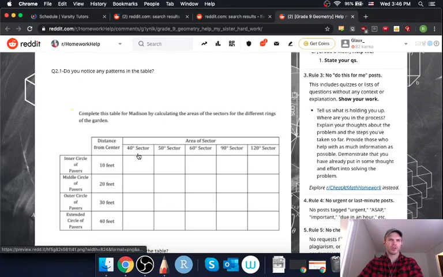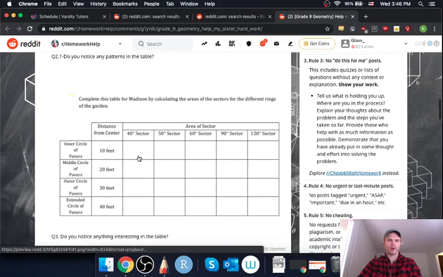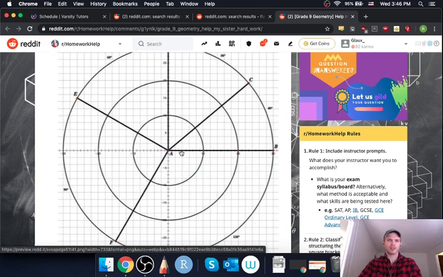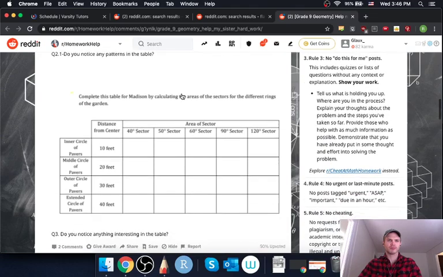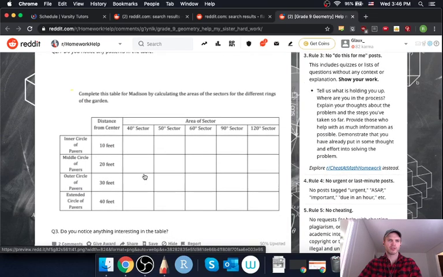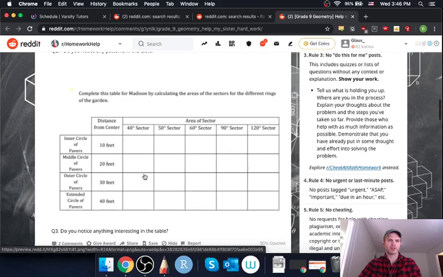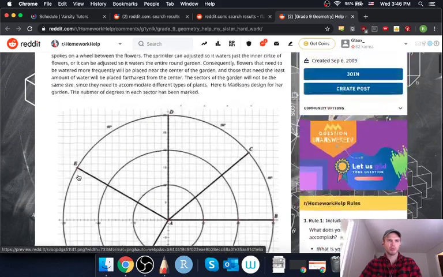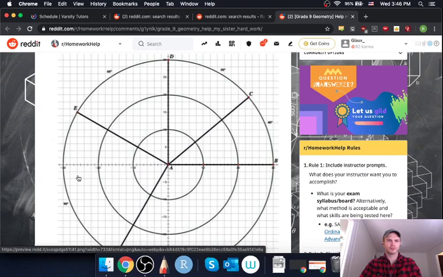I don't know how to interpret this question. So they want the area of the circles, I imagine, or the sector. Inner circle of pavers, middle circle. See, these are saying circles. But I don't know if it wants,